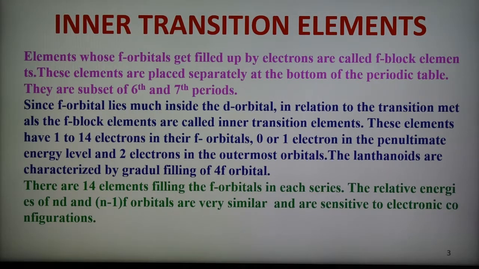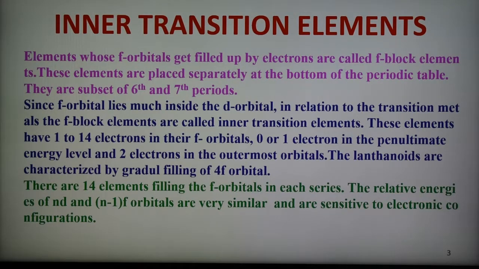Lanthanides involve the filling of 4f orbitals, while actinides involve the filling of 5f orbitals in their atoms. These f orbitals belong to the shell third from the outer shell. This factor accounts for some characteristic properties of these elements. The lanthanide and actinide series are also given in the table, and 14 elements are there.